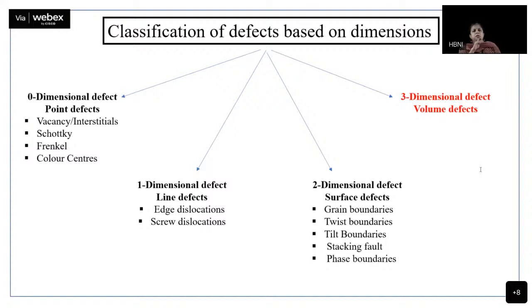Okay, so whatever defects we just talked about till now, whether vacancy or interstitial or Schottky and Frenkel, are also called zero-dimensional defects or point defects. What do I mean by that? Whenever they occur in a material, they occupy only one lattice site. All right. So that is called zero dimension. They do not have any dimension, or point defects.